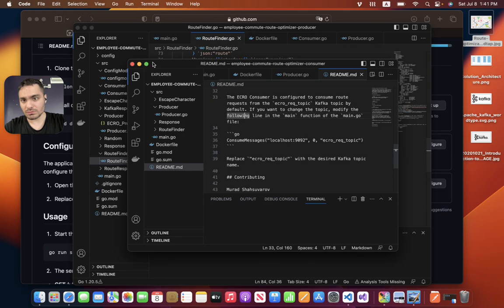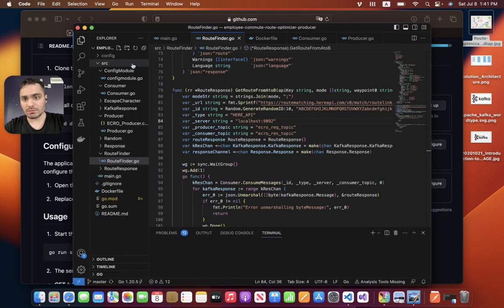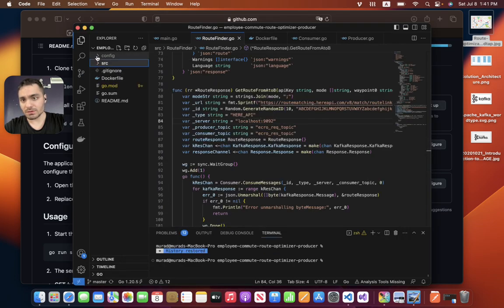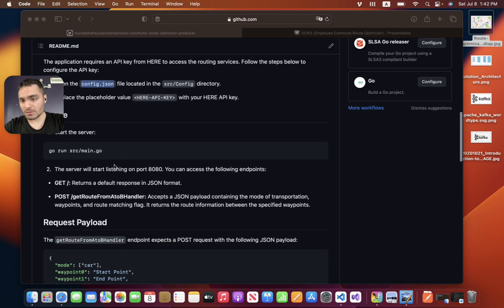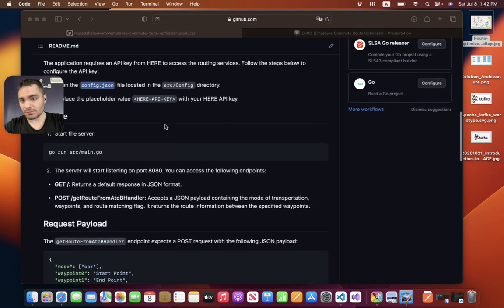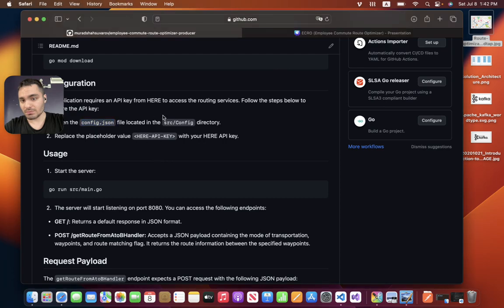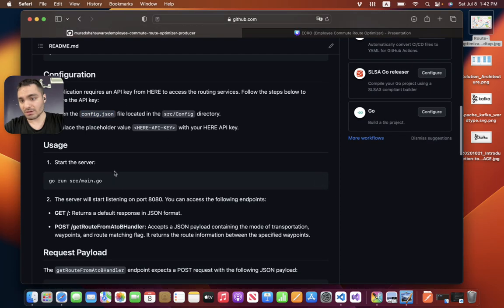I'll try to show it to you. In the producer's config.json file, put your API keys in it. For this implementation, you'll need a Here API key and a Google Maps key. Then after putting your configuration properties in it, you'll need to run the application using the start command,